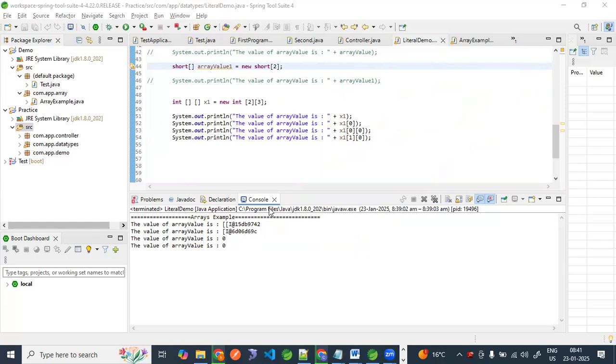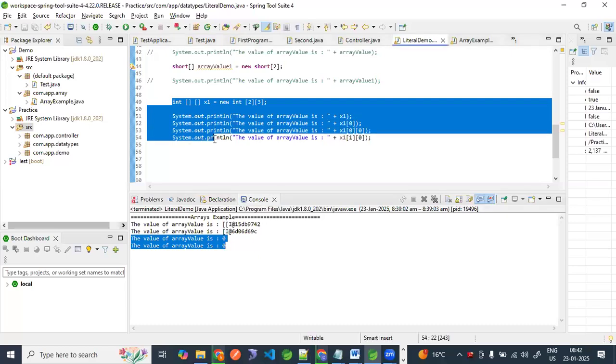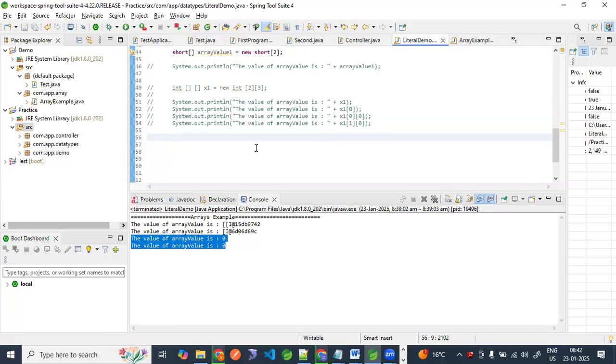Okay. Now, how to assign the value now? How to assign the value? Our example is this. Okay. Now let me comment this. How we can assign? For example,